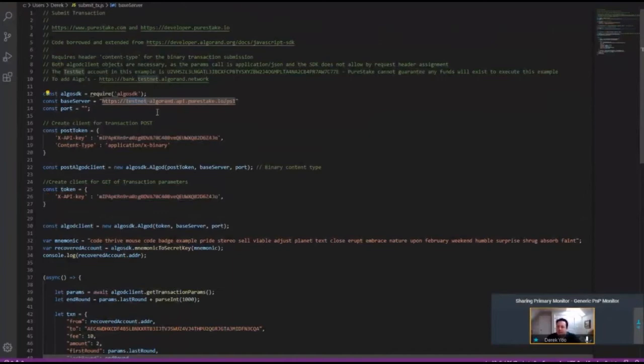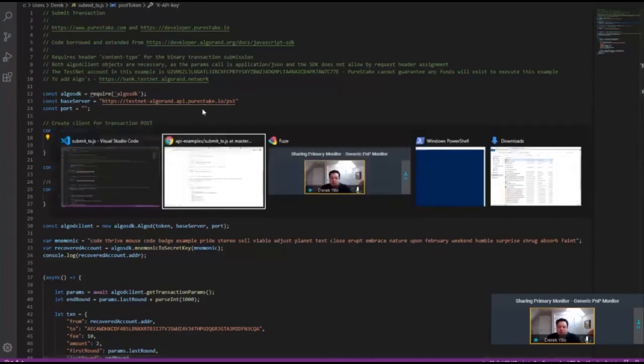There's three main networks. Obviously, when you're testing things and developing your application, often you'll be working on the testnet where you can exercise the functionality of your application, but not be dealing with real value, as is the case on the Algorand mainnet. And then the point is that that same key that I showed you before is embedded inside of this program, right? So I've put this API key that we saw in the API services application inside of this example. So this key is what identifies me and allows me to use the API service.